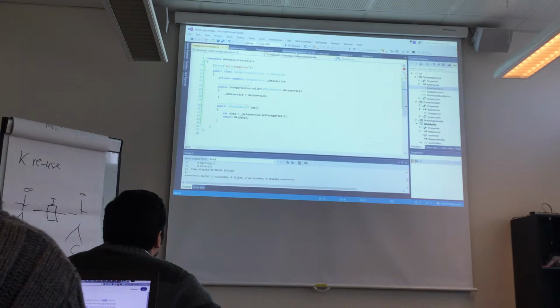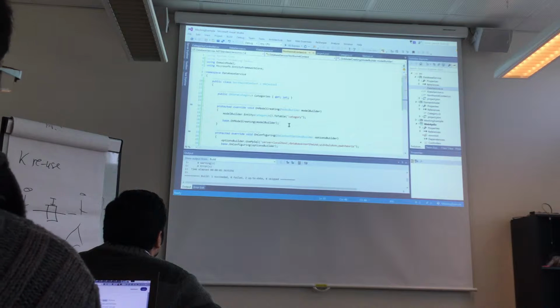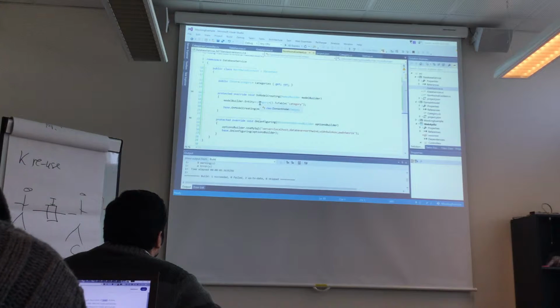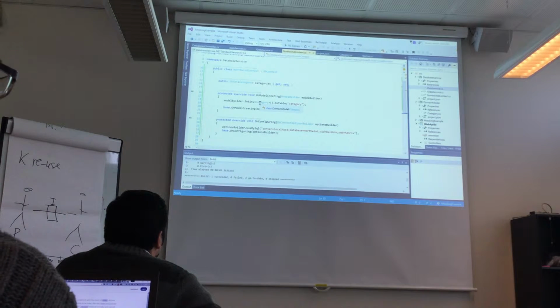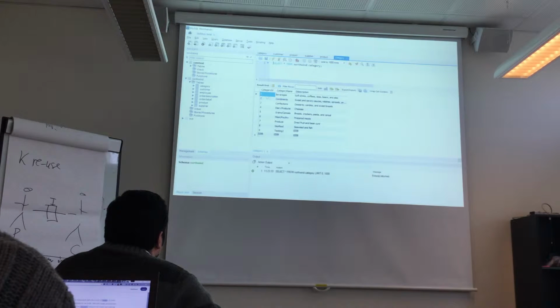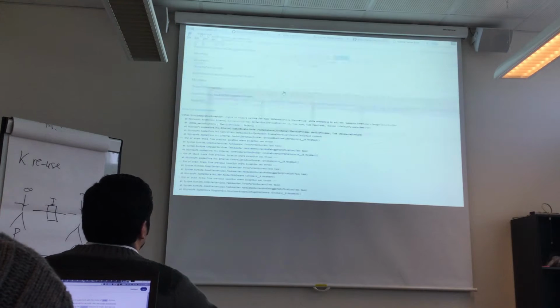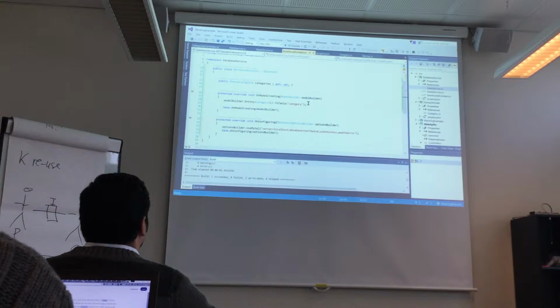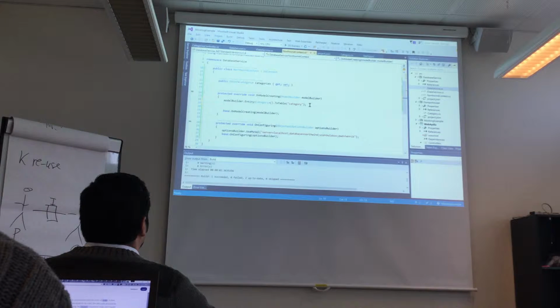So the problem here is that the category here have an ID and a name, but if you look at the database, it have a category ID and category name. So we have to do some mapping there in order for that to happen. So I can do that either by going here or change the name